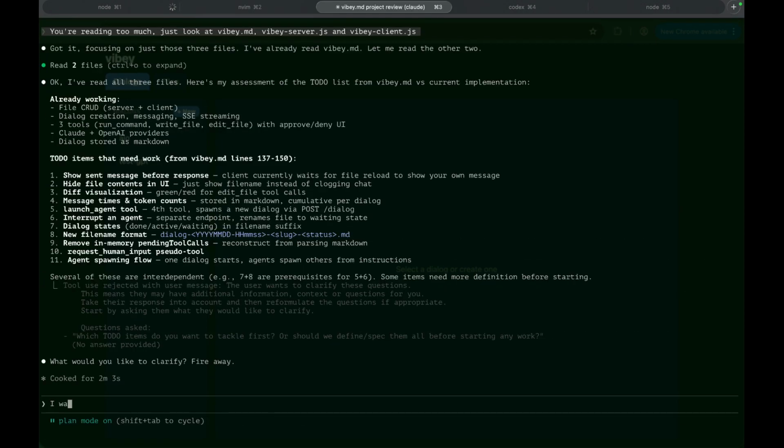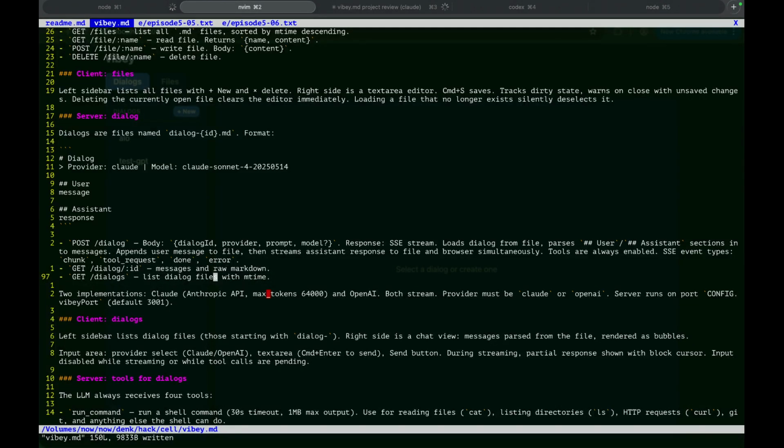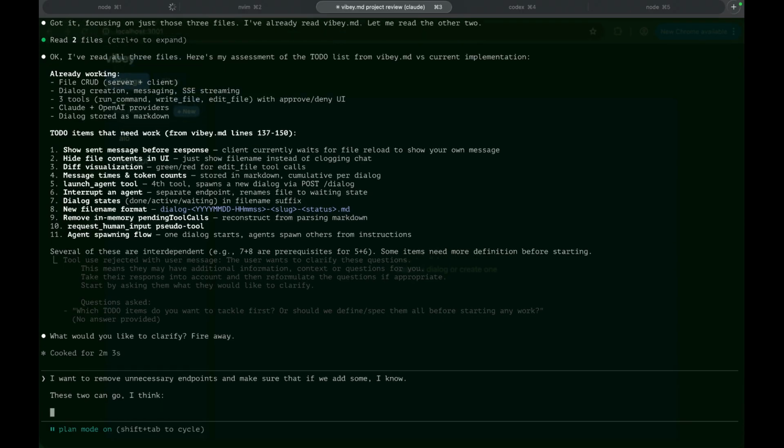I want to remove unnecessary endpoints and make sure the ones we have are clear, so that if we add some, I know. These two can go, I think.